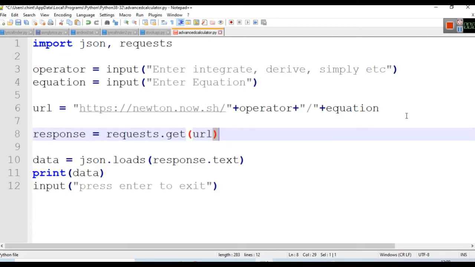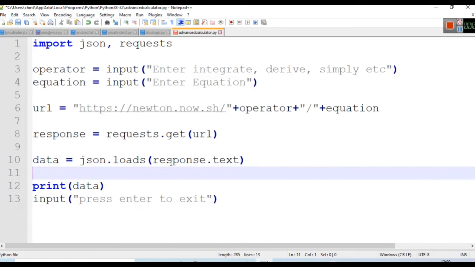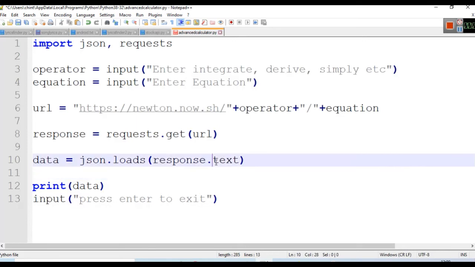Once the response is received, we know that it is in the form of JSON, and in this response there is an attribute called text. Using response.text we can load this result and convert the JSON data, and this data variable is actually a dictionary in which our result will be saved.